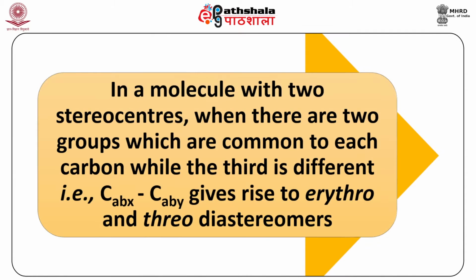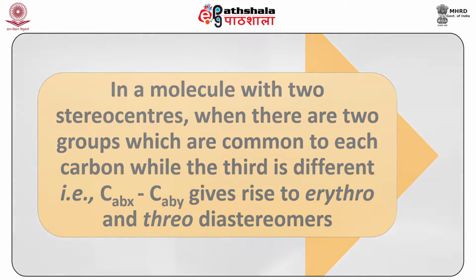erythros and threos. Molecules that contain 2 asymmetric atoms in particular have been used extensively in mechanistic studies, and a special nomenclature and special forms of notation for such systems has sprung up. In a molecule with 2 stereo centers, when there are 2 groups which are common to each carbon while the third is different, that is CABX linked to CABY, it gives rise to erythro and threo diastereomers. Since erythros and threos, as discussed earlier, are diastereomers,